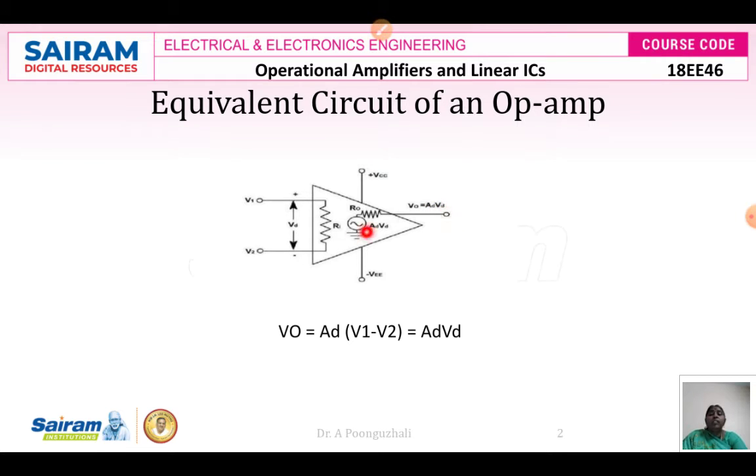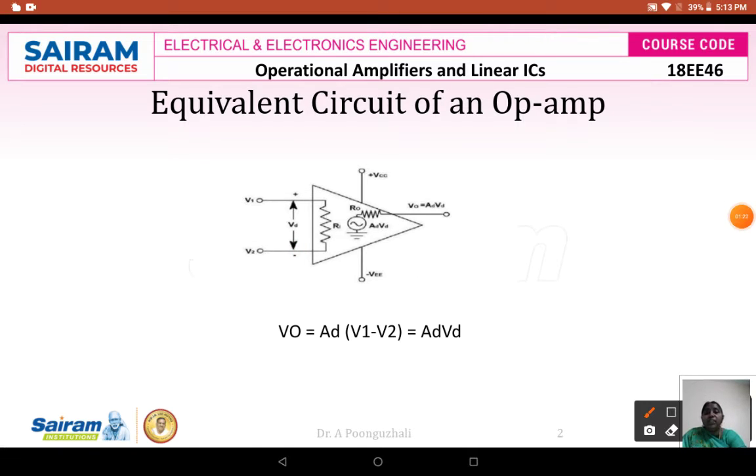What is Vd? We can write it from here. If I apply my KVL equation, starting from here, this is going to be your V1. The voltage here is plus, this is minus. So I can write minus Vd minus V2 is equal to 0, that means my Vd voltage is equivalent to V1 minus V2.